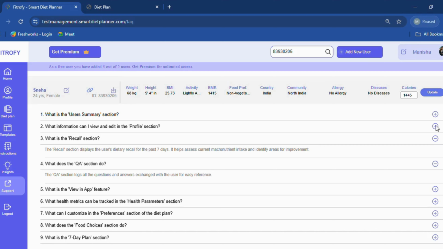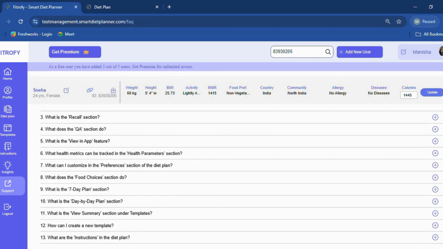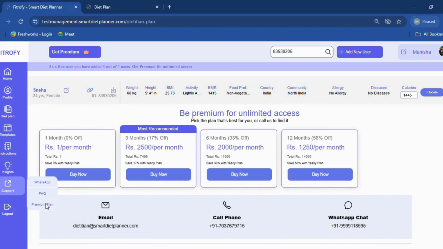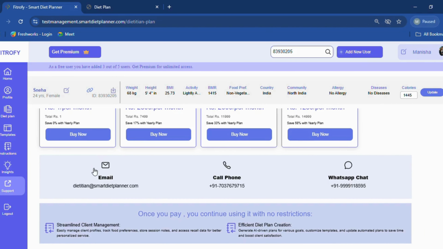In case you want to know more information or the FAQ does not support the question that you have, then you can always write to us via mail ID or via WhatsApp, or you can call us as well. This information you can get from the support button and by clicking on this premium plan tab. So once you click on the premium plan tab, you get all the three options: the email ID, phone number of ours, and the WhatsApp chat number.